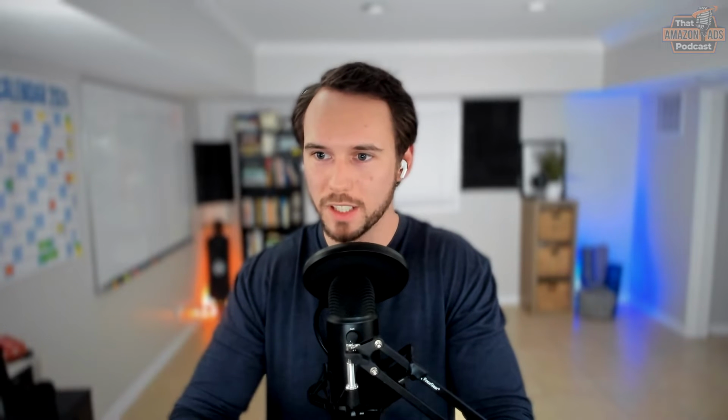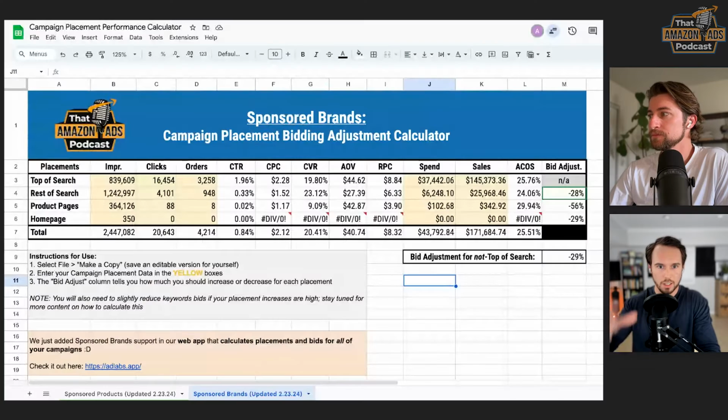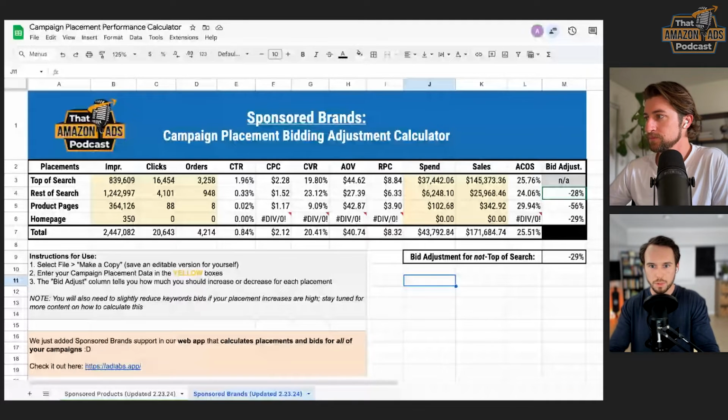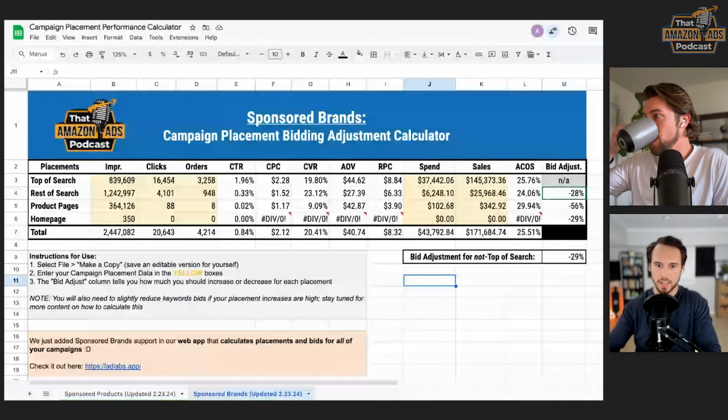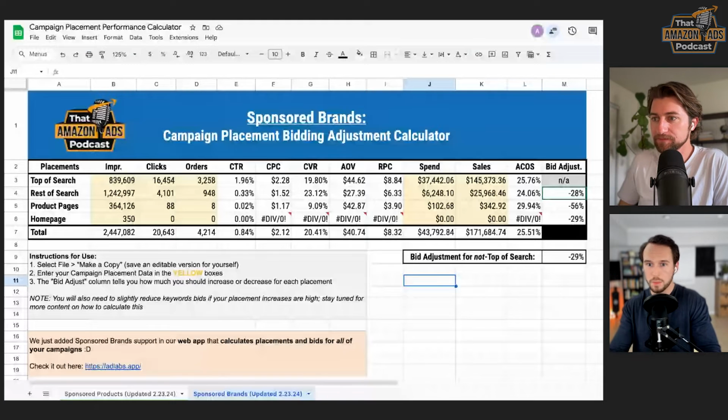All right, good stuff, Steven. I think that makes sense for sponsored products. Now, there are some differences between sponsored products and sponsored brands in terms of how the placements work, number one, as well as just the different placements that you have. So with sponsored products, those are those in-search ads that look just like a product listing. With sponsored brands, we have those top of search headline ads. We have rest of search at the bottom of those search pages, on product pages. But then you can also see them on home pages sometimes.